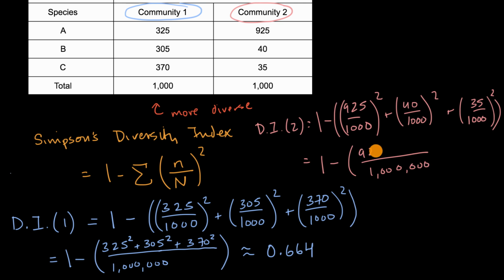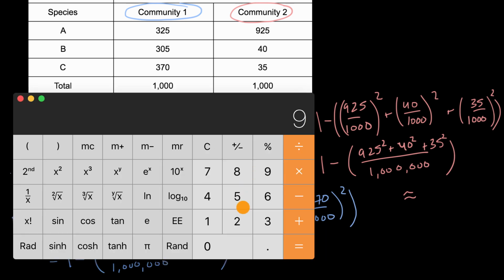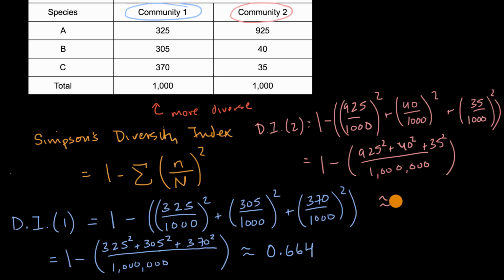And so you're going to have 925 squared plus 40 squared plus 35 squared. And then this is going to be equal to this. Divide it by a million, that's 6 zeros, is equal to that. And then you subtract that from 1, and you get, which is approximately equal to